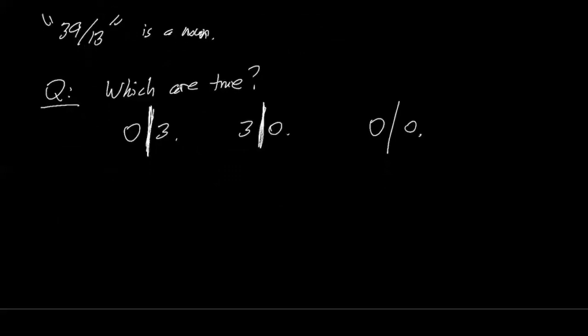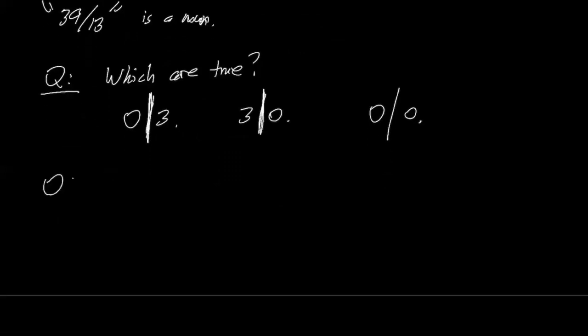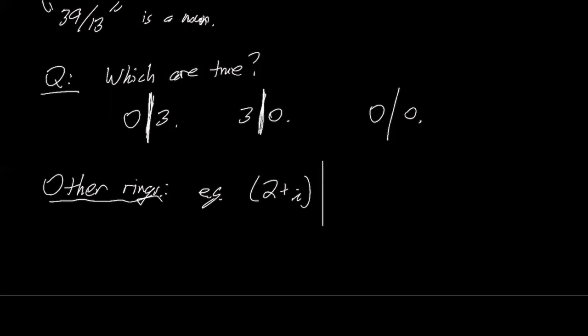All right. I want to mention also other rings. Divisibility is a definition that works in any ring. So, for example, we're going to look at this Z adjoin i. So I claim, for example, that 2 plus i divides